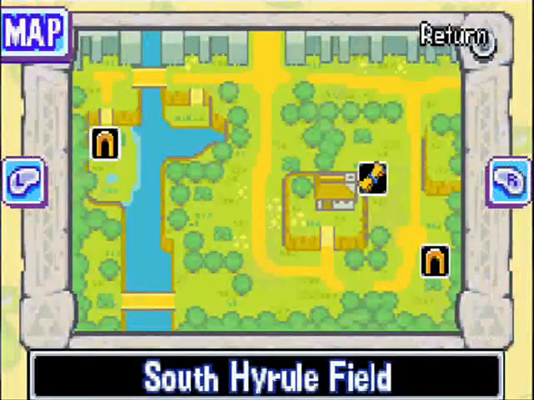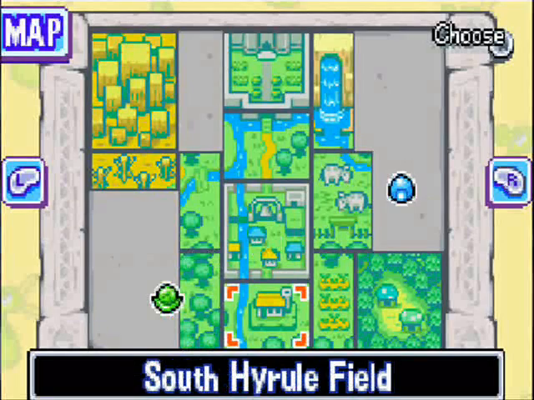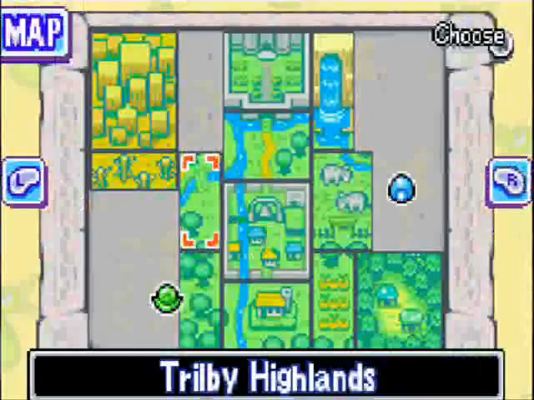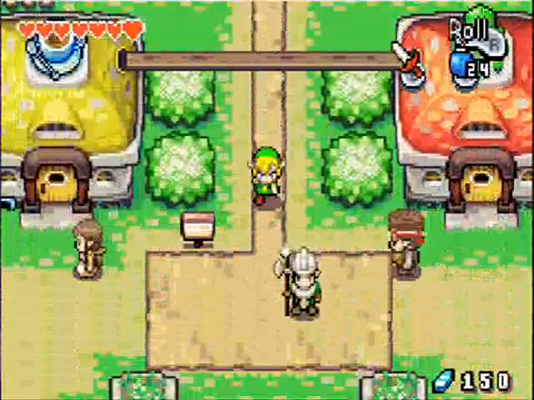That's crazy. We got a chest in there we can get. And mind you, we'll be heading down to South Hyrule Field next, actually. Anything in here in particular? No. Nope. Right, so we're going to now head over to...